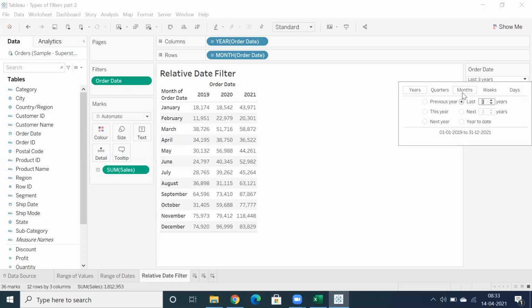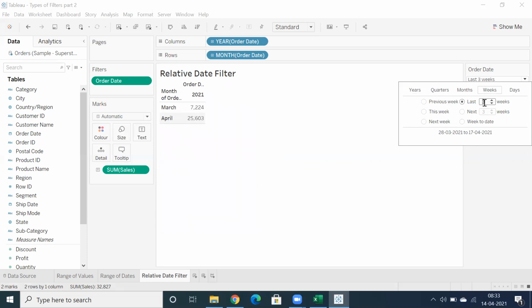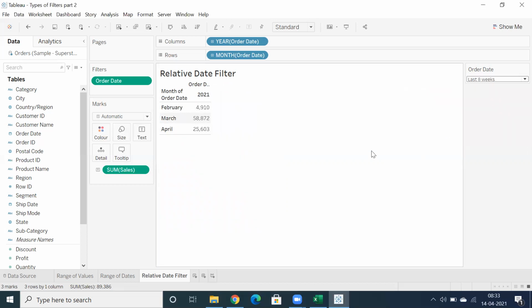One of the projects I have done had multiple things. On one of the projects, it was very simple. Every time they had to go for yesterday's sales. And in one of the survey projects I worked on, we had to showcase 8 weeks of data. So every time we had to showcase the last 8 weeks of data.